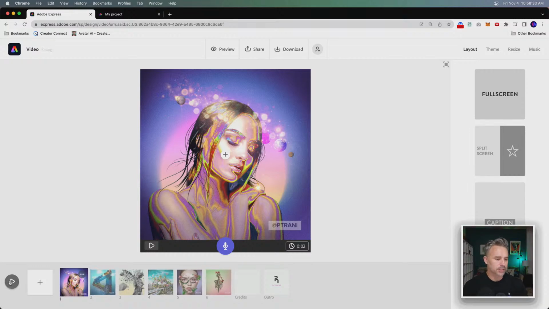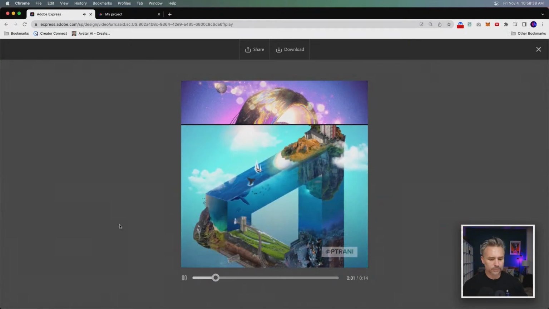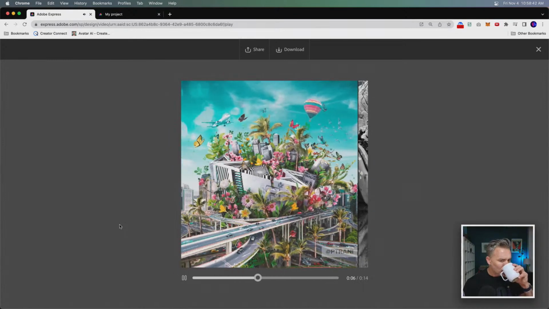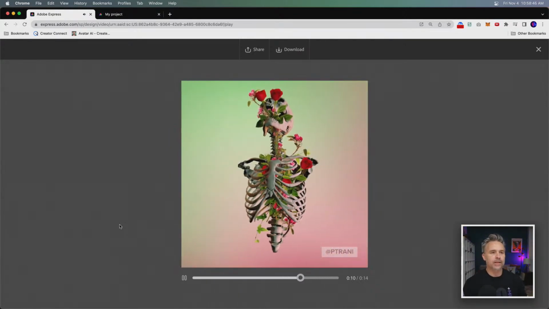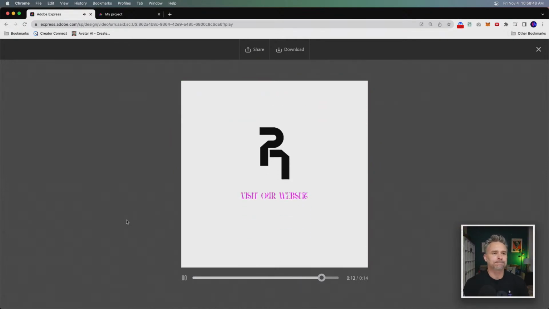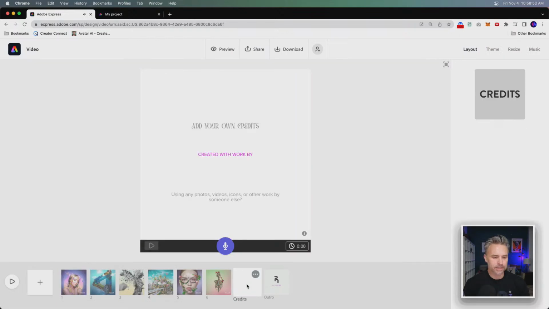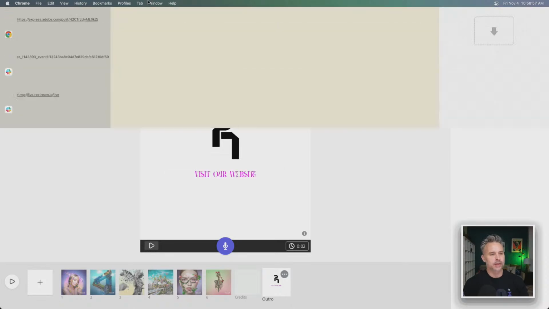So, 6 different images. Let's click play, see what happens. Yo. 14 seconds, perfect. Little music is playing. And you probably noticed the last frame.